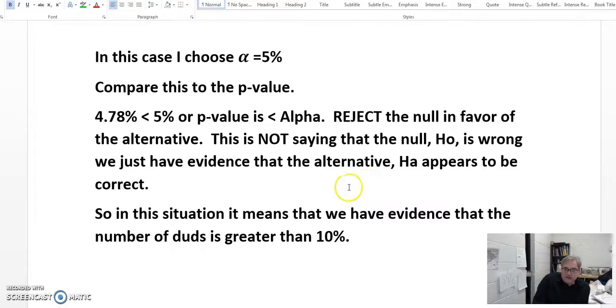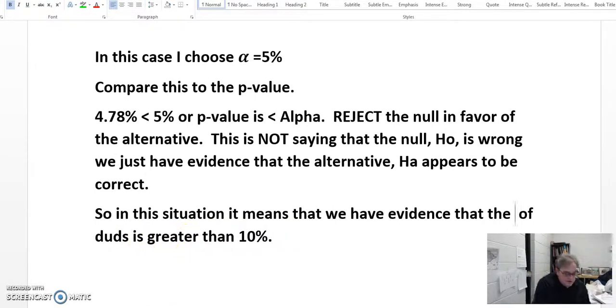So it's really important that you get all this weaving together, and MyMathLab is going to kind of force you. When you reject, that means you have a small p-value. The p-value is less than alpha. If you reject, that's saying that you have evidence. If you reject, we're saying it is significant. So rejecting, having evidence against the null, and being significant all mean the same thing. So in this case, I'm going to reject the null, and that means I have evidence that the alternative is true, which means I have evidence that the percent of duds is greater than